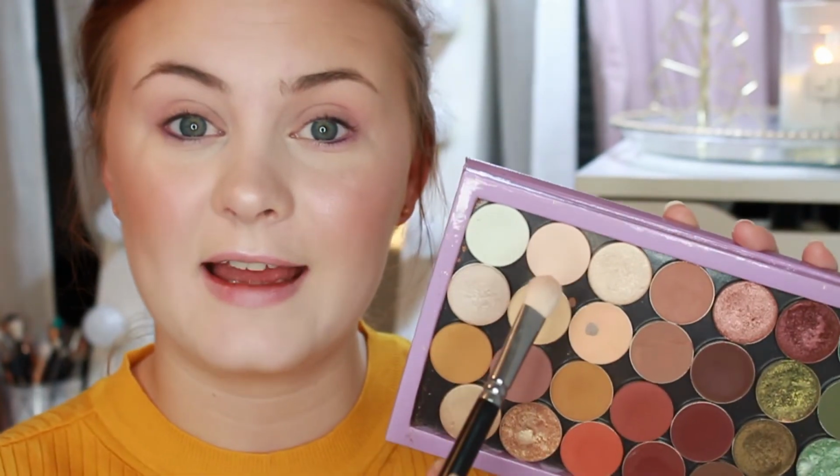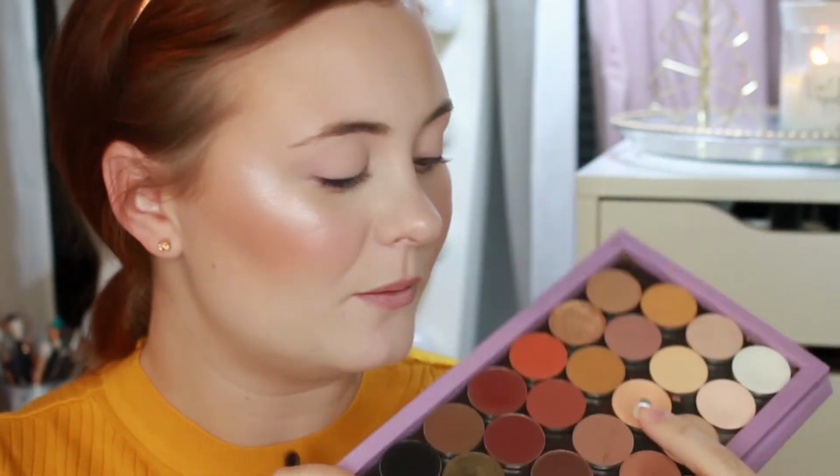I'm going to start by priming my eyes with the MAC Painterly Paint Pot. I'm just going to set that with a powder that is close to my skin tone. I'm first going to go in with Made to Last from Colourpop on a MAC 217 brush. Because I don't want any fallout, I'm just going to take some of my translucent powder and lay it underneath my eye and also a bit on my nose,